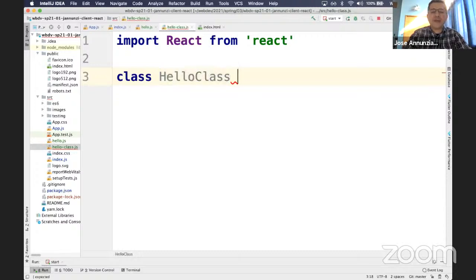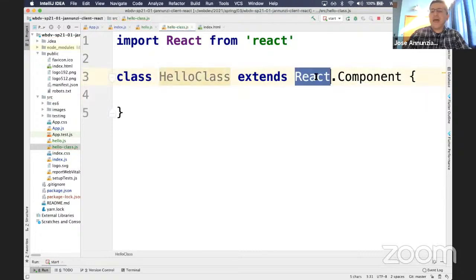And it's going to extend, it's going to inherit certain behaviors. I don't want to be just any class, but a class that implements certain behaviors that I can render in a DOM object. So we're going to extend the following class under the React namespace. So hello class extends React component, and that